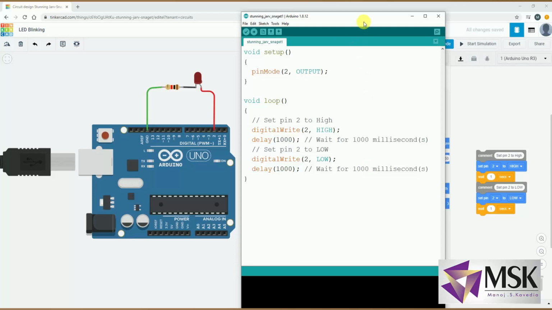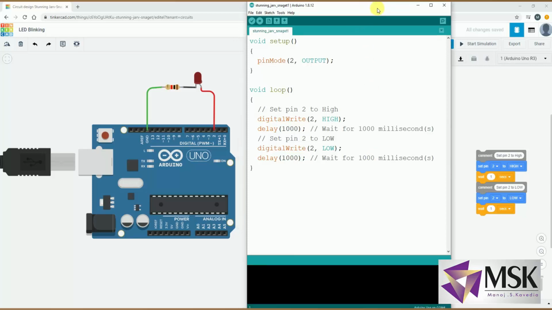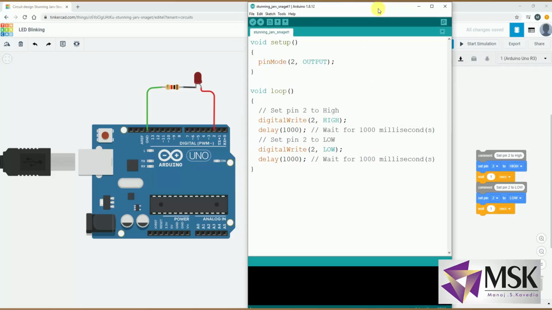Now let's see the code which is generated. So first I have downloaded the code from here. I have set pin number 2, so pin number 2 is output, and then digital write high, so this is converted into pin number 2.